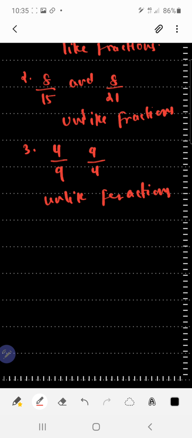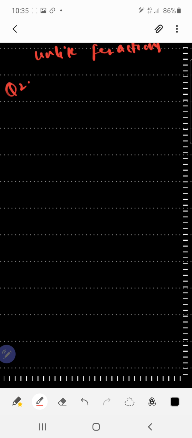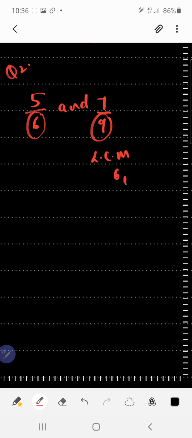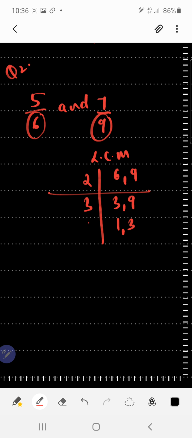Shall we jump on to question number 2? Yes. We have to convert the given fraction into fraction with equal denominators. My dear kids, अगर आपके denominators different हैं तो हमने क्या सीखा है कि कभी भी अगर different denominators हैं और उनको same बनाना है तो we have to take the LCM of denominators. So from here we will take the LCM of denominators. So we will get 18 as our LCM.